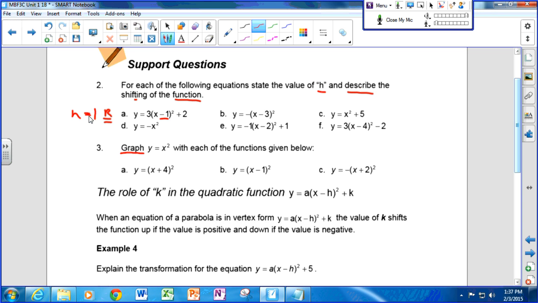So that's what they're telling us then. The h value is positive and it's going to go 1 unit to the right. Now let's say that you're still not convinced, you're still not sure about this. What I suggest you do is go to that website that I just showed you and plug in the equation and you'll see what happens. So I'm just going to flip back to the website right now.